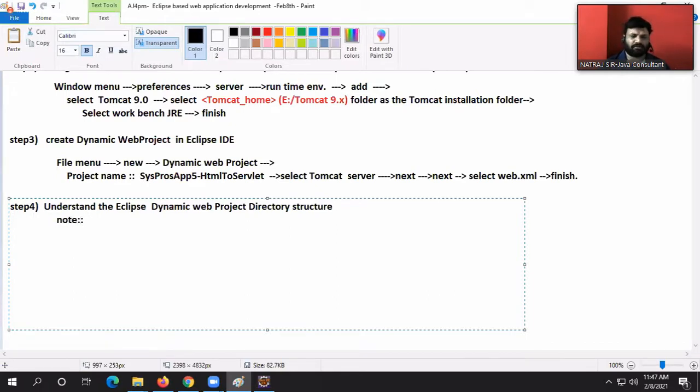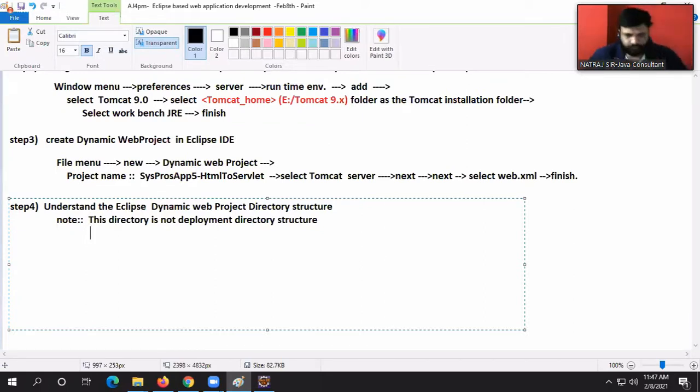This directory structure is not the deployment directory structure. That's point 1.